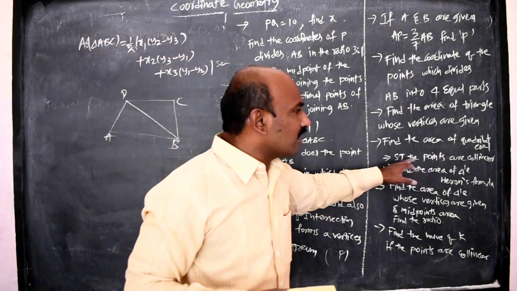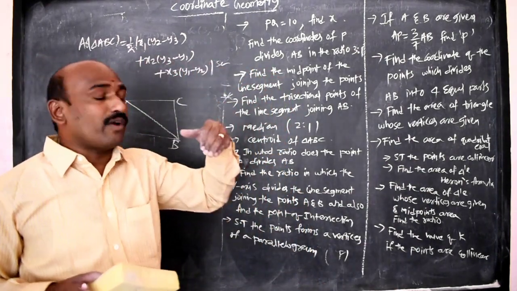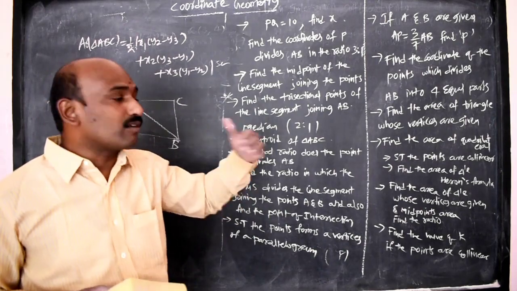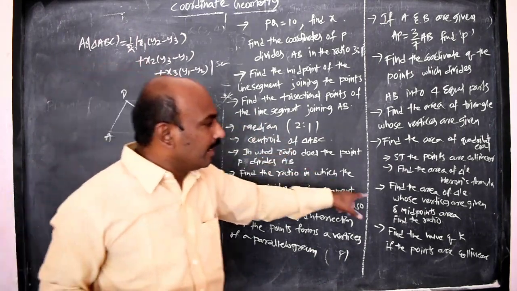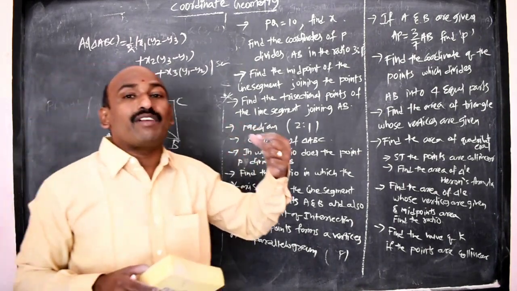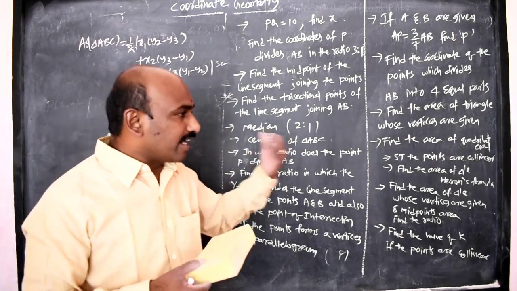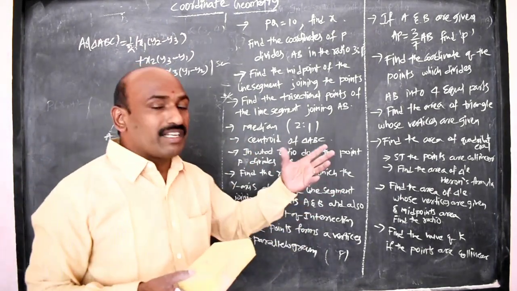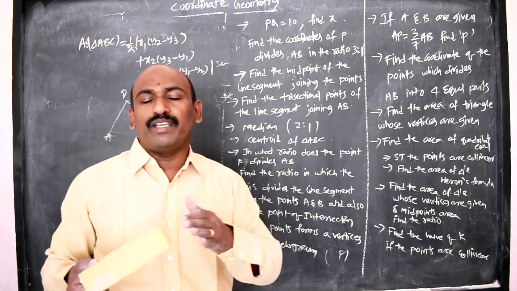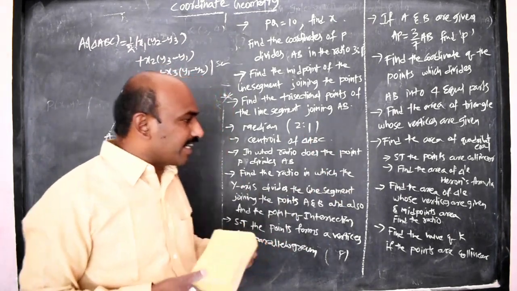Next, to show that the points are collinear, apply the area of the triangle formula. If the answer you get is 0 square units, then we can conclude that those points are collinear. And sometimes they can give collinear points and ask you to find the value of k. One of the vertices will be given with a missing value, like (k, 2), (k, 1), or (k, k), find the value of k. They will give 3 vertices, A(1, 2), B(k, k), C(3, 4) are collinear points, find the value of k. They can ask like that.